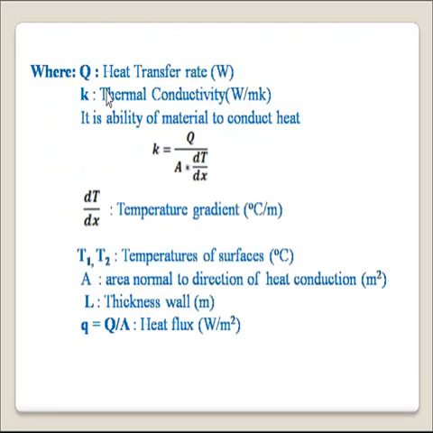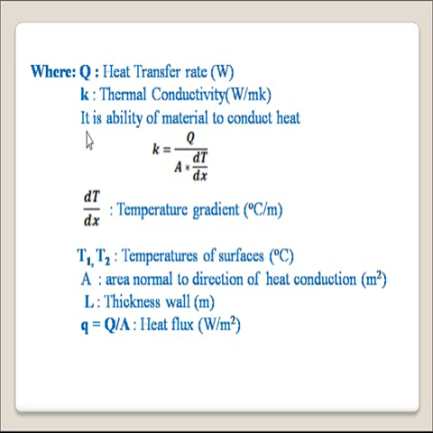In this equation, Q is heat transfer rate in watt, K is thermal conductivity in watt per meter per Kelvin, which is a property of a material, and it gives ability of material to conduct heat. And thermal conductivity is defined as a ratio of heat transfer to product of area and temperature gradient, or in other words, it is the rate of heat transfer per unit area